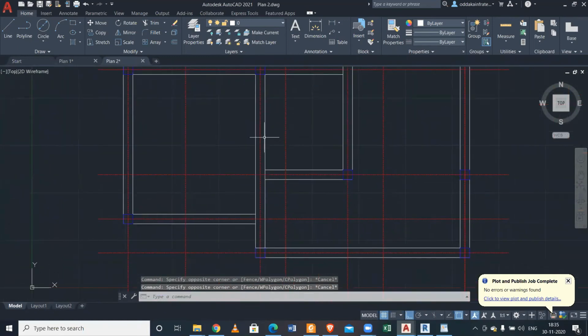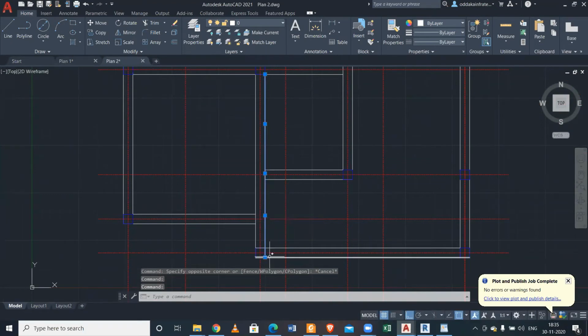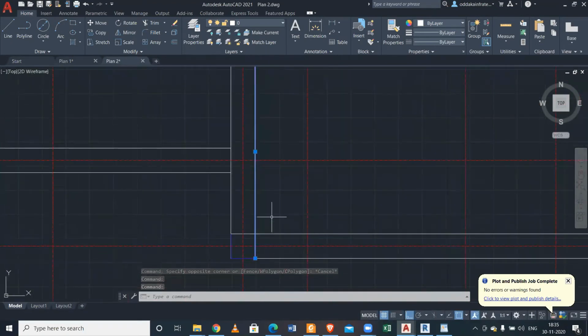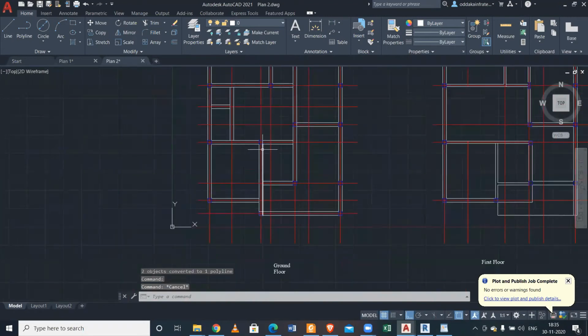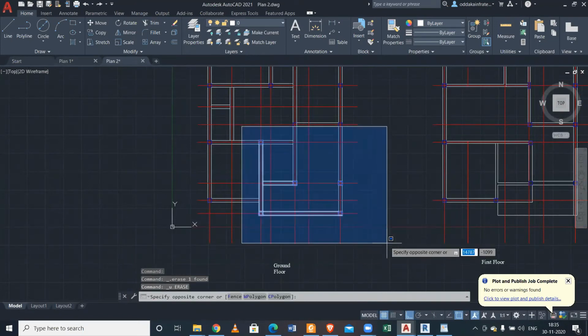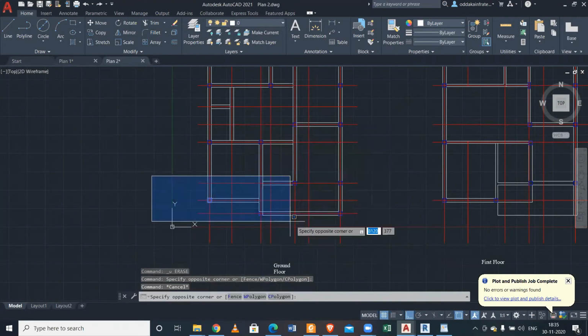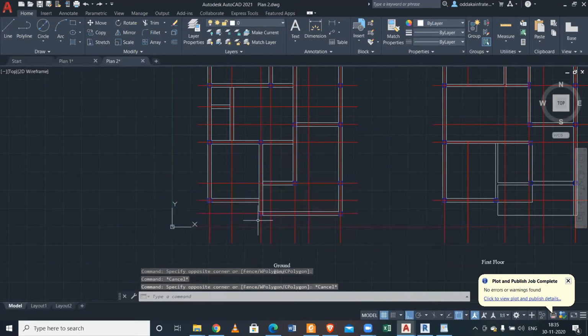I have found that there is a line here and a line here. If you can join it, I can join them. There's no duplicate line. I think that line has extended to the column also.